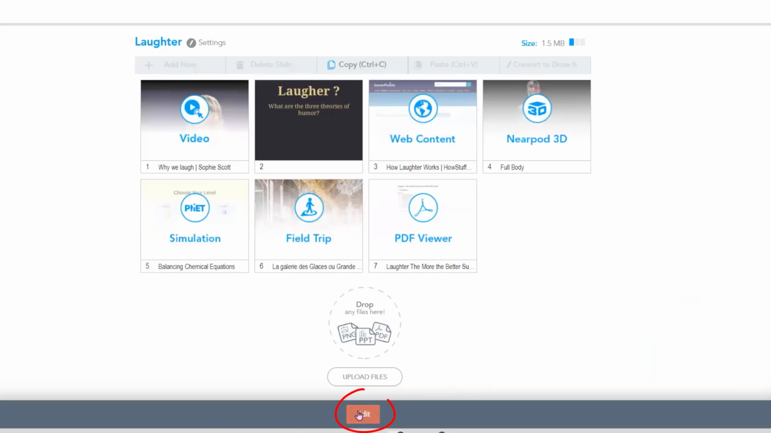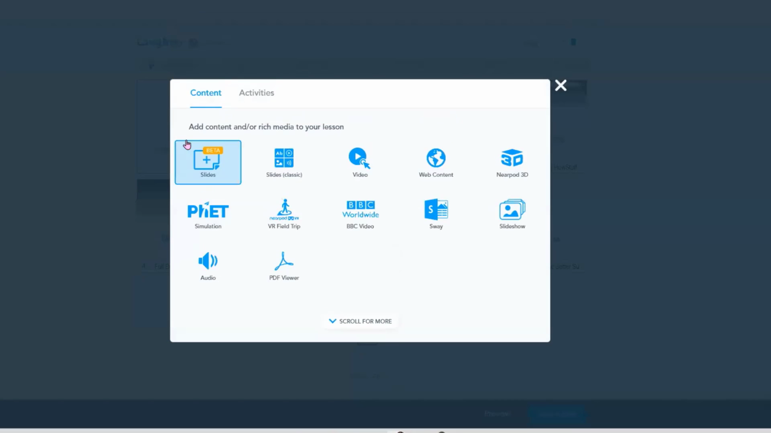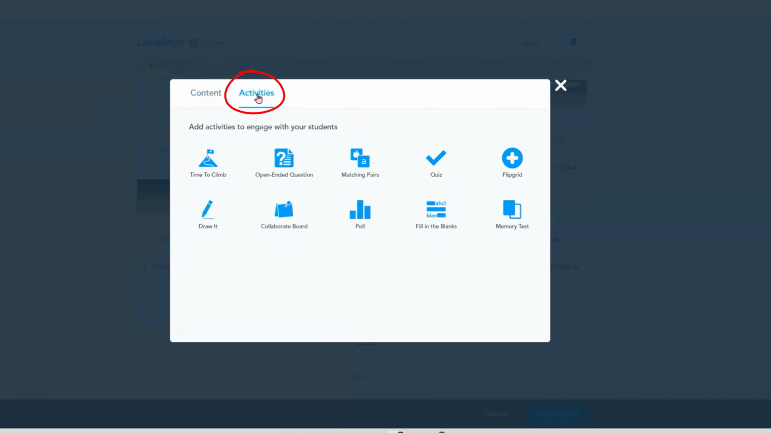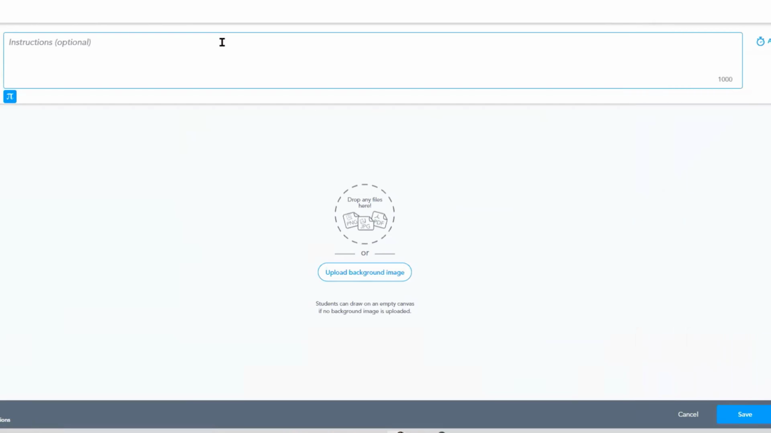Now I'm going to click my edit button to edit my presentation so I can add some of those activities for Nearpod. Okay, so I'm going to click add content and activities. I'm going to click my activities feature. And the first feature I want to do is Draw It. Now you see, here's the Draw It. You can explore the library over here on the right, pick one over here, but I want to do something of my own, as a teacher. I want to draw